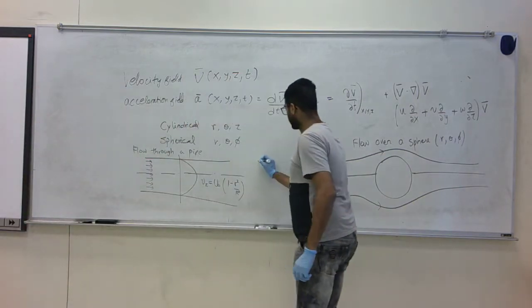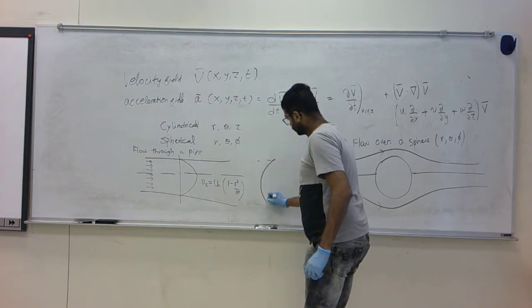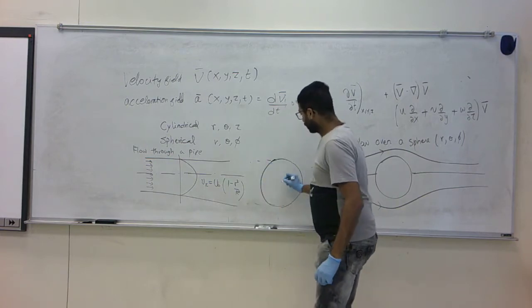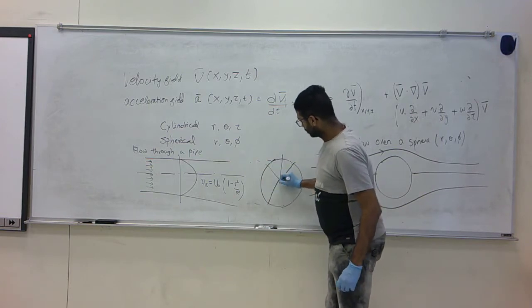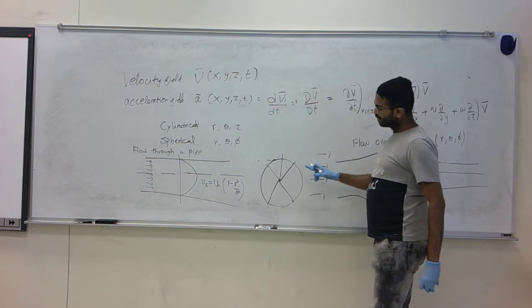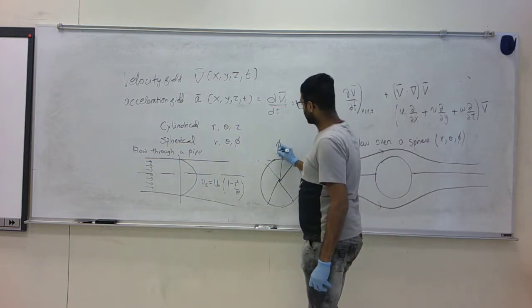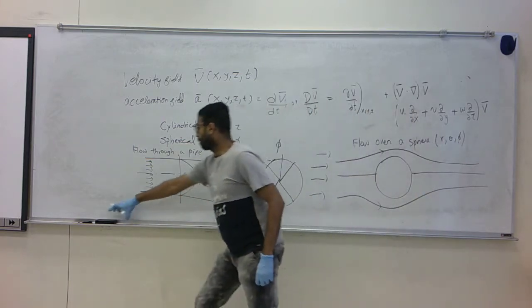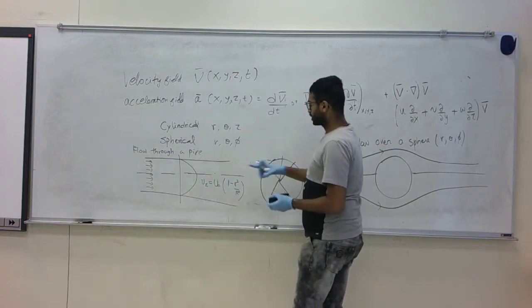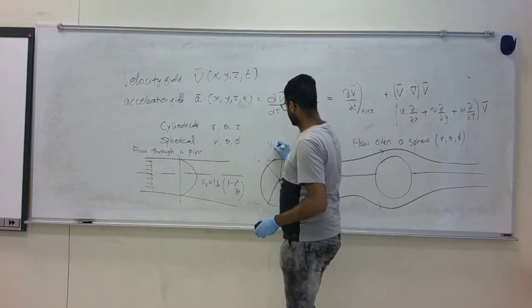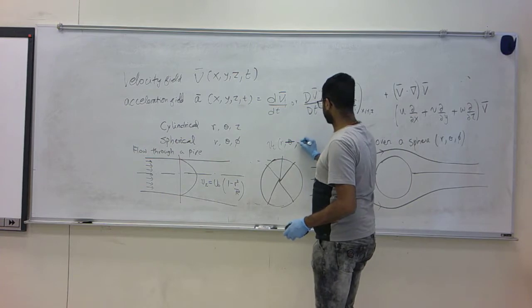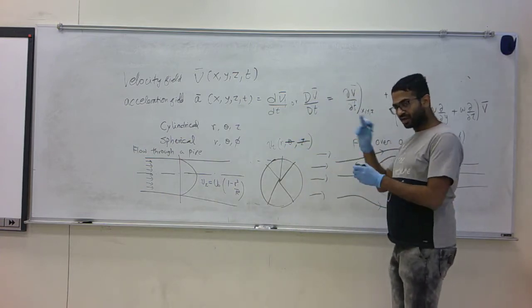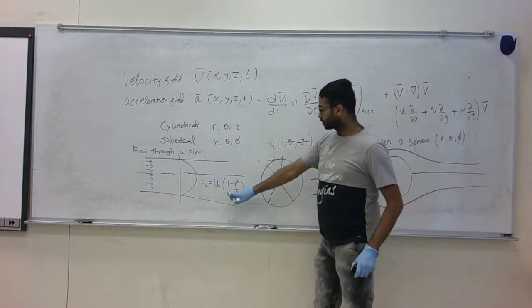It's also independent of the angular position. That is, if you take the front view, the velocity profile in any direction is the same, meaning the velocity profile is not a function of theta. The velocity Vz is only a function of r, and it's not a function of theta, it is not a function of z. Okay, I'm writing theta and z and striking them out. It is only a function of r.